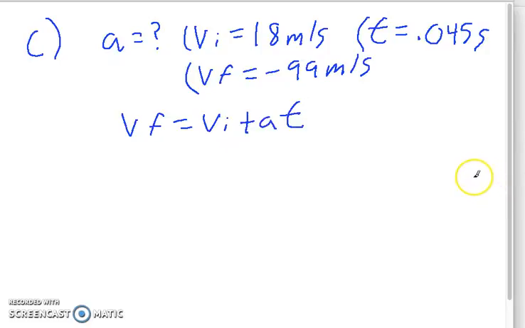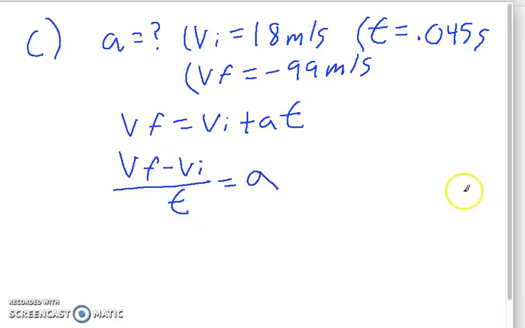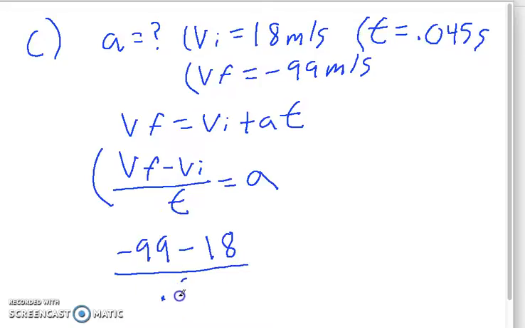And I'm just going to rearrange it slightly. So we solve for acceleration. I'm just going to move the VI over, divide by T, A. So at this point, I just need to plug in. So once you get to here, it's really just a plug in. So the final velocity is negative 99. The initial velocity is 18, right, minus the 18, and divide by the time,